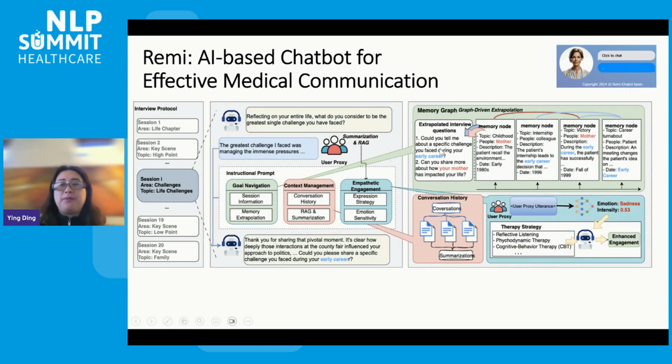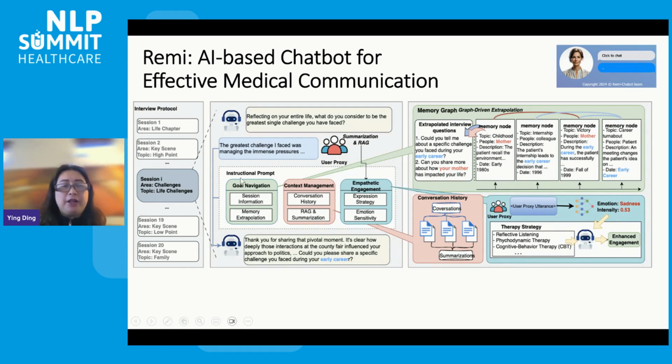Sometimes sessions can be interactive. For instance, you talk about your early career, and you also talk about your mom in different sessions. But in your early career, your mom actually encouraged you to take some job you really loved, for your interest. So we will bring in the part of the session when you talk about your mom to connect with when you talk about your early career. So we have this memory graph extrapolation to make the talk more engaging.